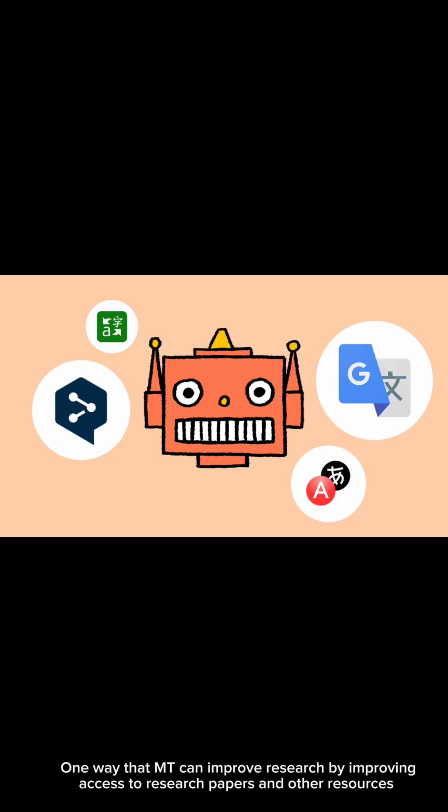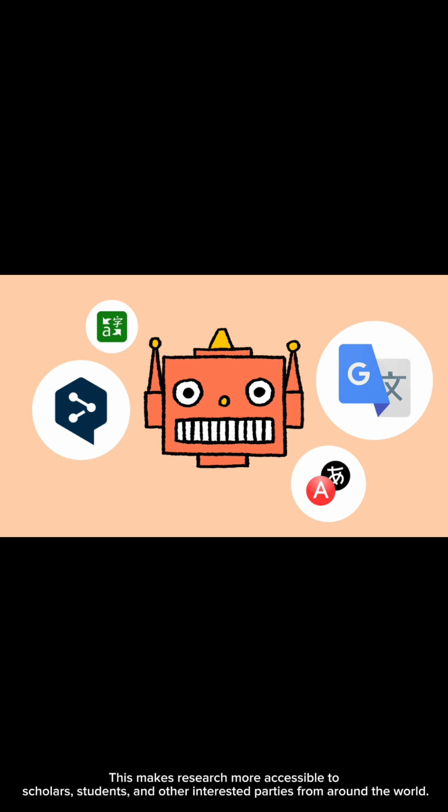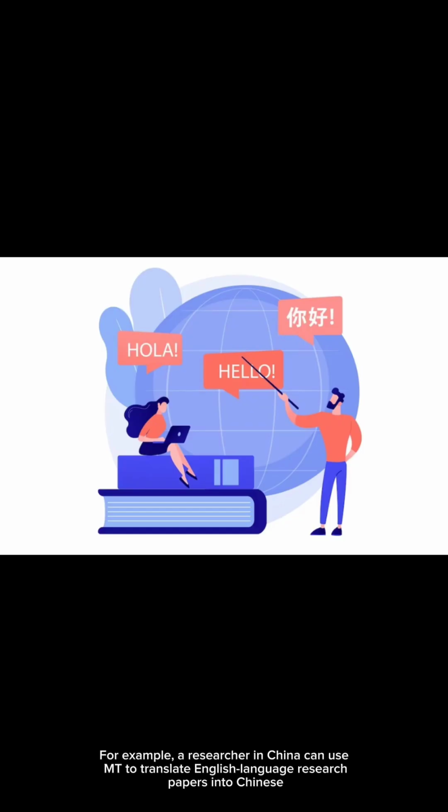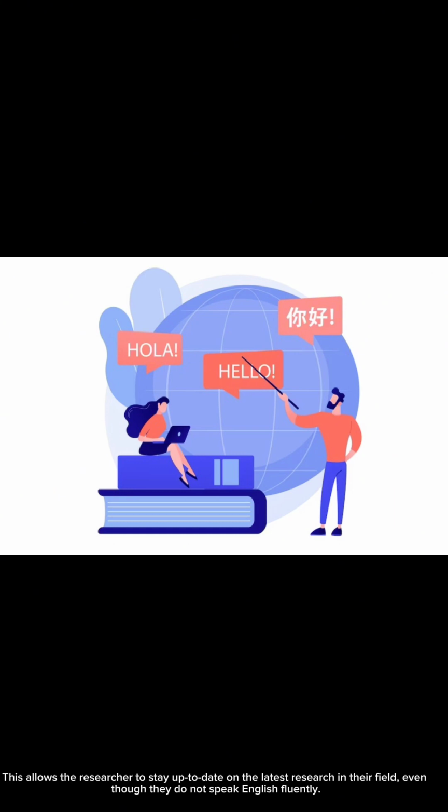One way that machine translation can improve research is by improving access to research papers and other resources. Many research papers are published in English, and machine translation can be used to translate these papers into other languages. This makes research more accessible to scholars, students, and other interested parties from around the world. For example, researchers in China can use machine translation to translate English language research papers into Chinese. This allows the researchers to stay up to date on the latest research in their field, even though they do